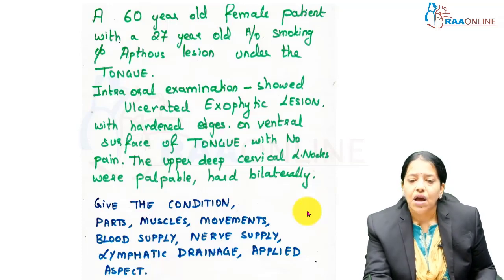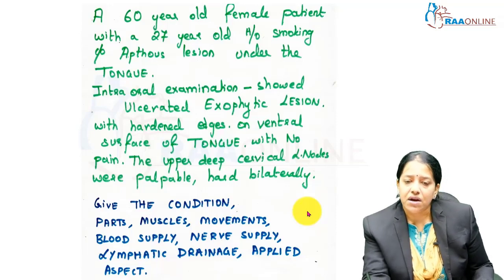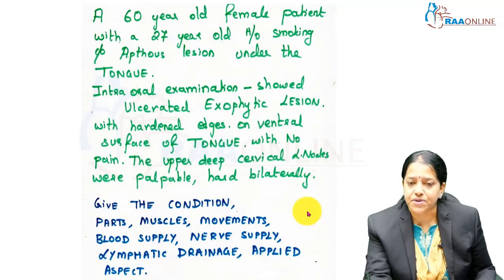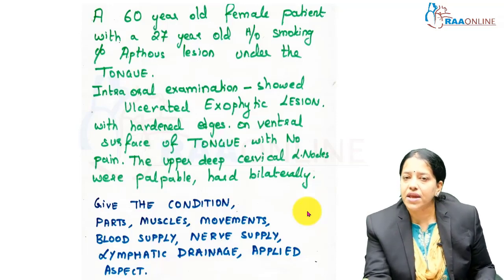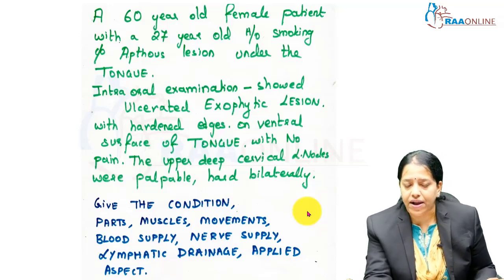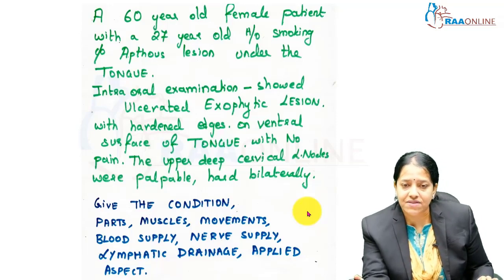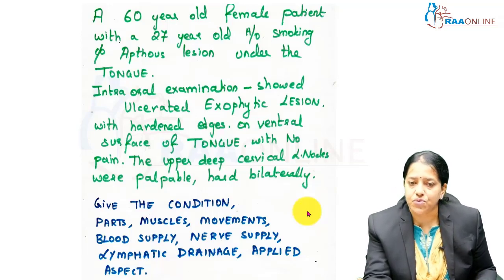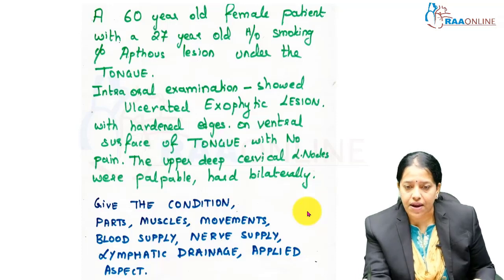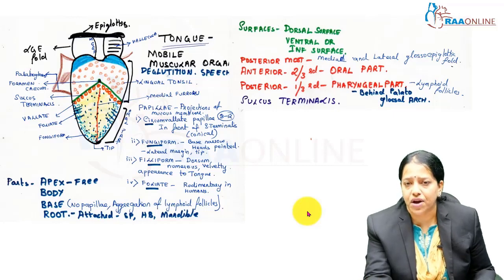Give the condition and give the part, muscles, movements, blood supply, nerve supply, lymphatic drainage and applied aspect of the organ concerned. Now this is a very important essay question in the university, and the organ is the tongue, so this is the anatomy of the tongue. Basically this condition is actually a squamous cell carcinoma of the tongue, which is quite common. So this question is repeatedly given as a case-based early clinical exposure question in most of the universities around the world. So coming to the condition as such, to tell about the anatomy of the tongue, we have to